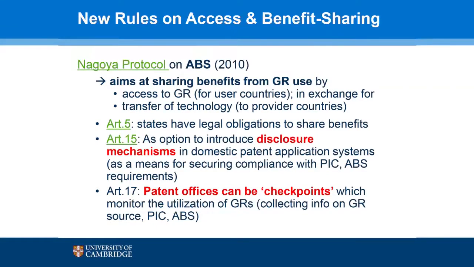And this now appears in a more recent treaty, the so-called Nagoya Protocol on Access and Benefit Sharing, which was signed in 2008 and which has come into force recently, where now, for example, the European Union also has begun to implement this agreement.